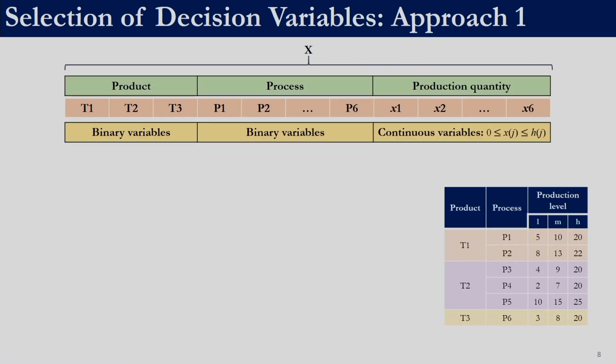So in this case, just for easier understanding, we are working with only 3 products, product T1, T2, T3. Product T1 can be produced from P1, P2, product T2 can be produced from process 3, process 4, process 5, product T3 can be produced from process 6, and these are the levels at which their production cost and investment costs are known. Production cost and the investment cost for process 1 are known at 5, 10 and 20. Similarly, the production and investment cost for process 4 are known at 2, 7 and 20. So anything above 20 is not permissible, anything below 2 is not permissible, but 0 is permissible.